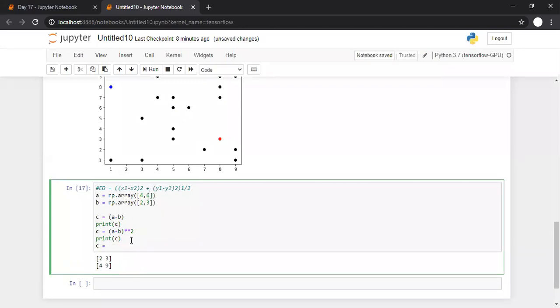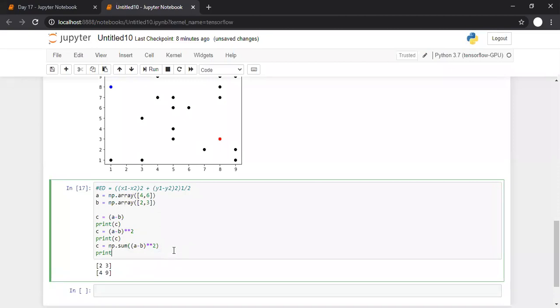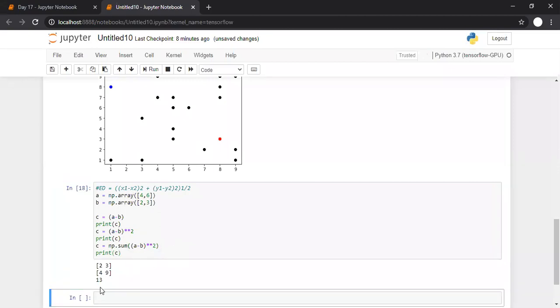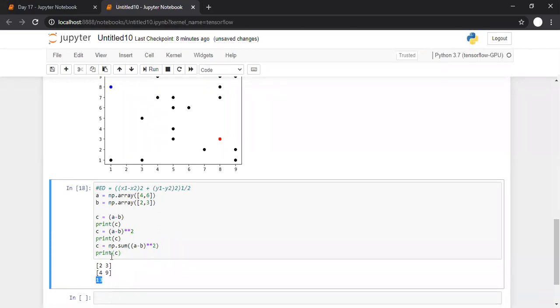So I can write something like this: a minus b the whole square and np dot sum. So it is a minus b the whole square and the addition of this thing. Let us print this now. So 9 plus 4, it is 13.